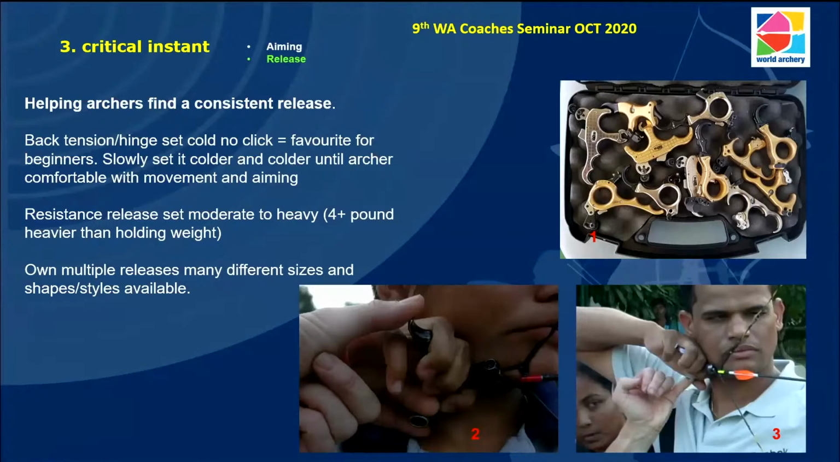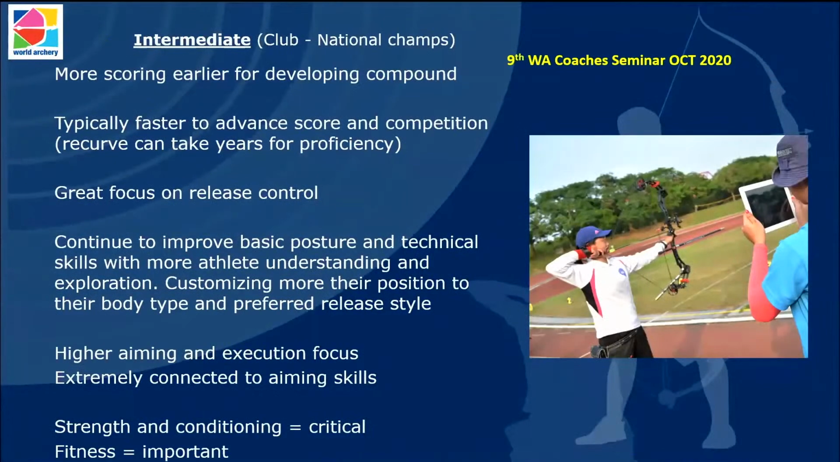Obviously, the whole section is called critical instance in shooting a compound bow, and it's an area that is a big difference from compound to recurve, in that a lot of time will be spent with this in an intermediate level athlete, with a high level athlete as well, so an international level athlete. And to that point, the